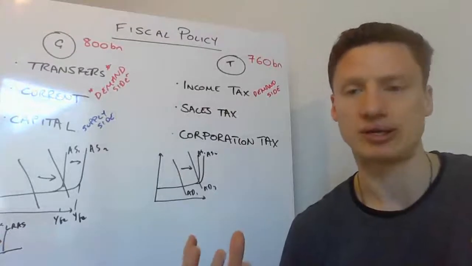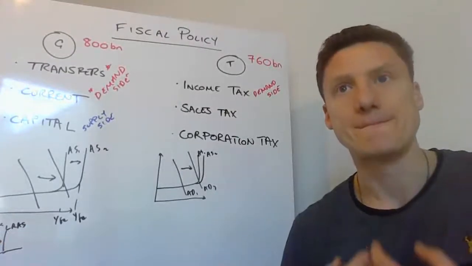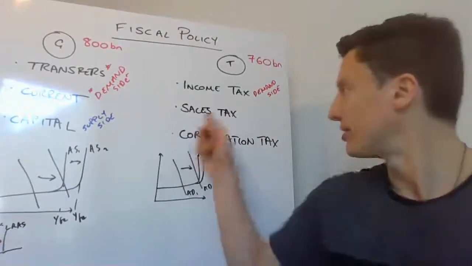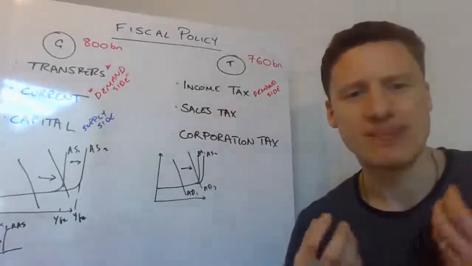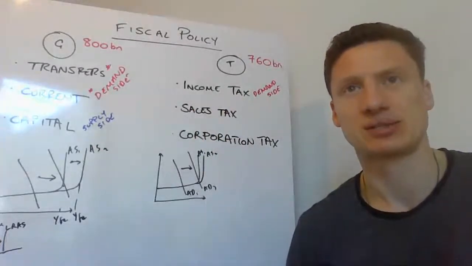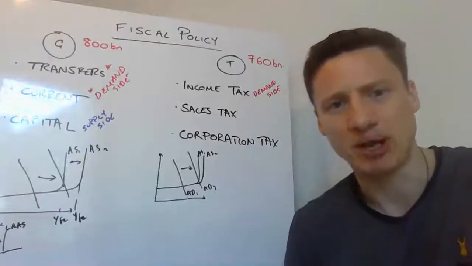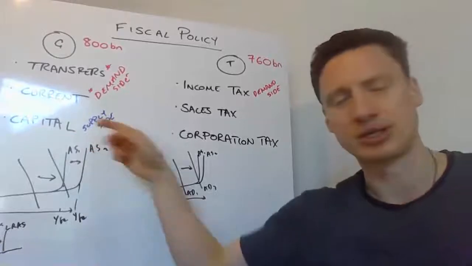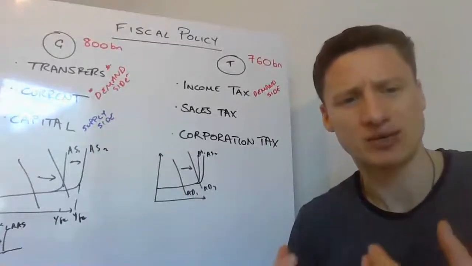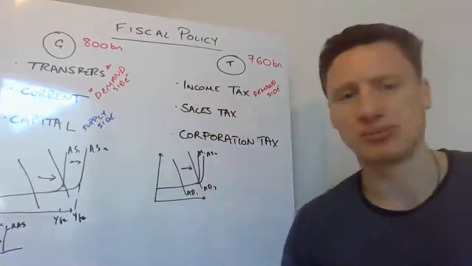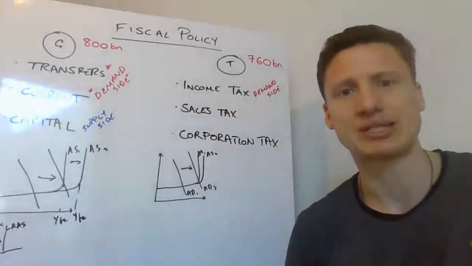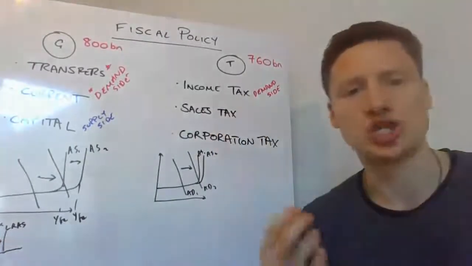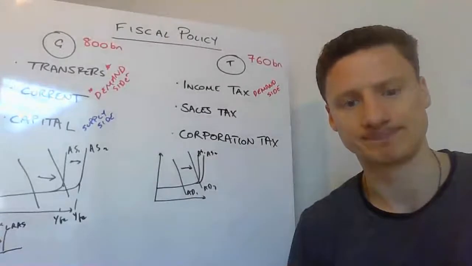Okay, so some people will say this is also a supply side policy. My definition of a supply side policy, though, is that the main aim, the main reason for doing it, is to shift the supply side. I can't believe that this would ever be the main reason why you would reduce income tax, to affect the supply side. If you want to do the supply side, there are much more direct ways of doing it. Education and training programs, building new rail networks or building new roads. There are better ways to affect the supply side than simply reducing income tax. I do accept it has a small supply side effect, but I would argue this is much more of a direct demand side policy.